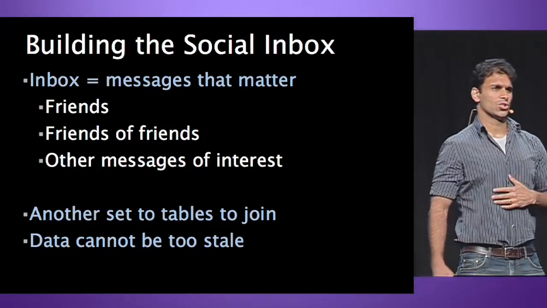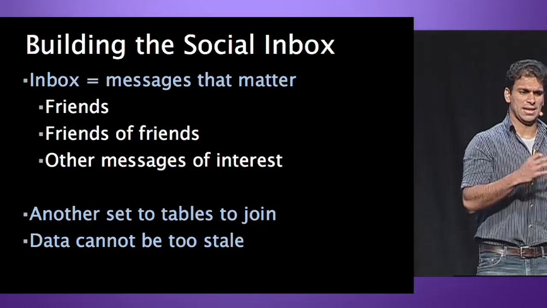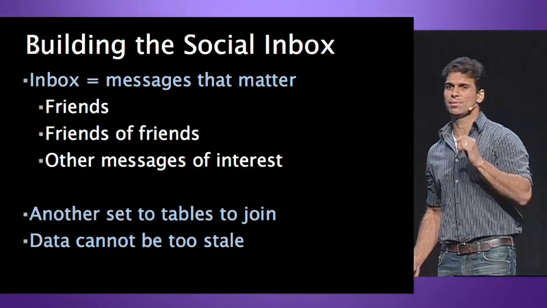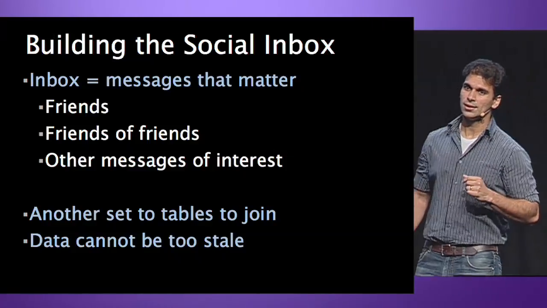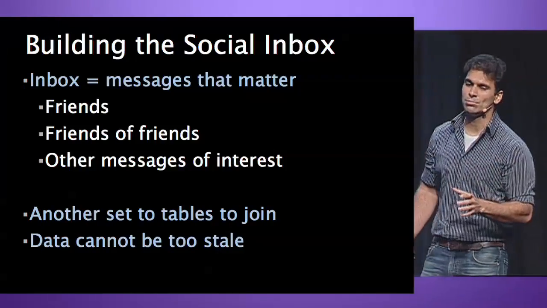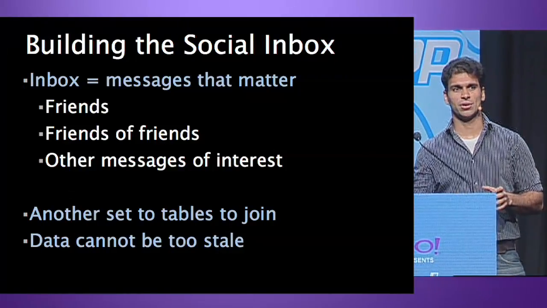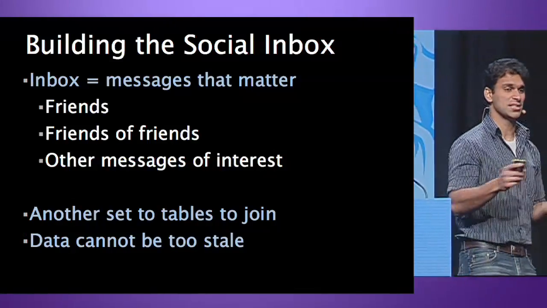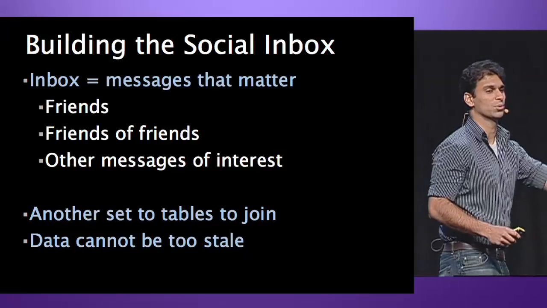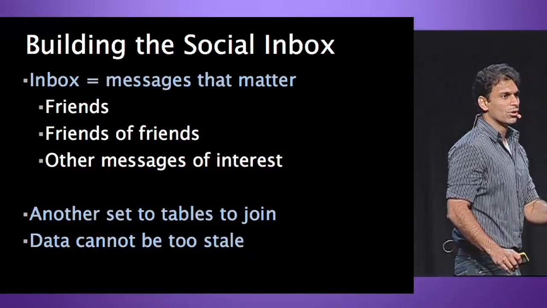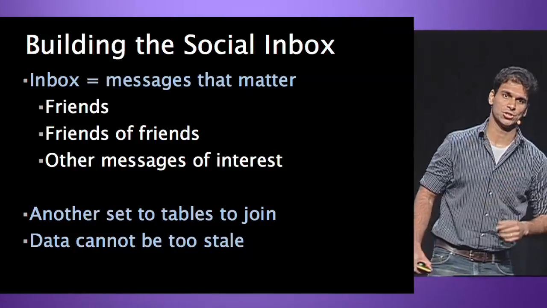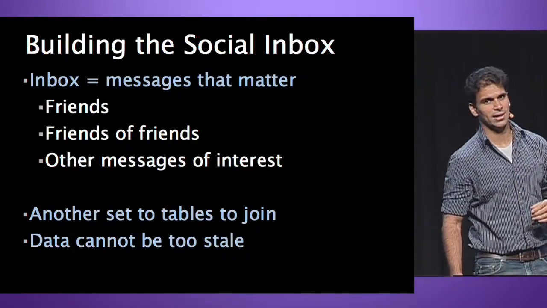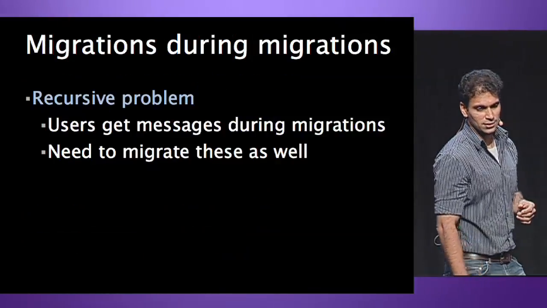Yet another challenge is what we built here at Facebook is an inbox, a social inbox. So it's messages that matter. So it's messages from friends and friends of friends. Now, that's awesome when you look at the inbox, but when you're actually moving the messages across, that means for every single message, you've got to figure out that the person that sent it, is he a friend? Is he a friend of a friend? Or is it a message that's worth keeping? And in more engineering terms, it means let's join a bunch more tables in and do it fast, and don't make it too stale, and of course, don't take down production databases.